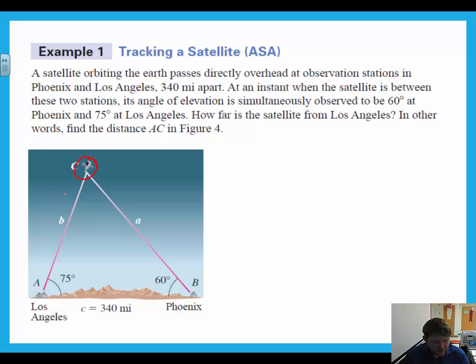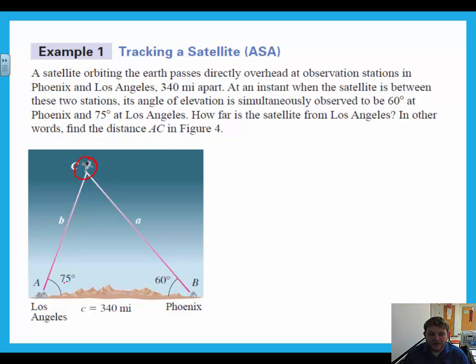Okay? So in doing that, what we're going to be doing is setting up what we know. So looking at this triangle here, if you can use the law of sines, you should have one angle and one side that go together, one pair. So either both of the A's, both of the B's, or both of the C's. In this case, I only know one side. So I would say, well, what angle do I know? And if I look up here, I don't know the angle that goes with this,